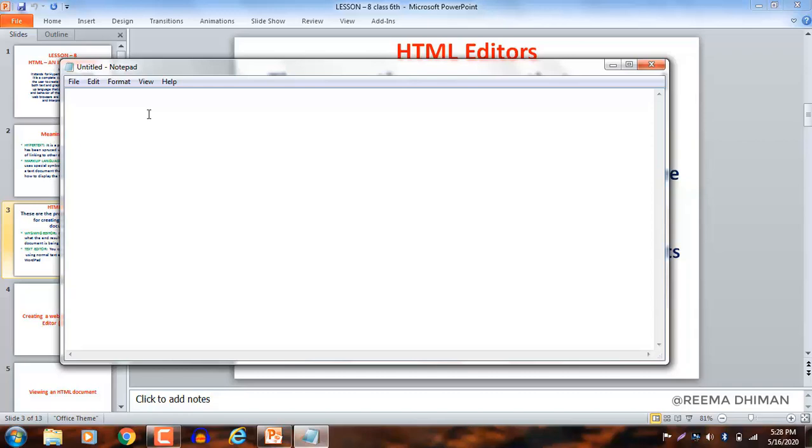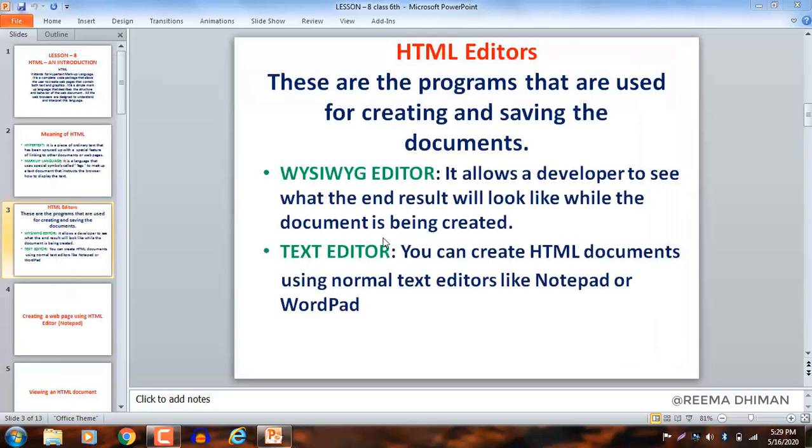Clear? So these are the basic text editor programs in which you can type the text. Clear? So Notepad, WordPad, these are the normal text editors. So the second method is you can write your language in the text editor, in the Notepad or WordPad.